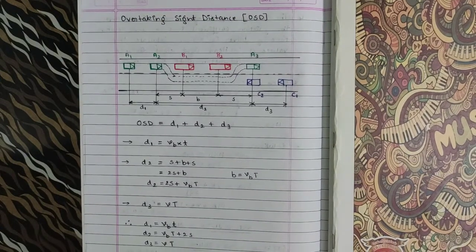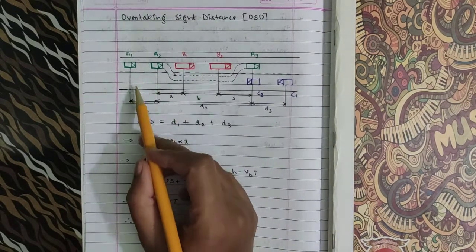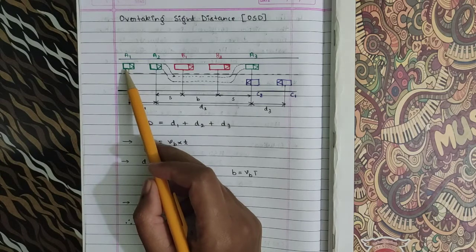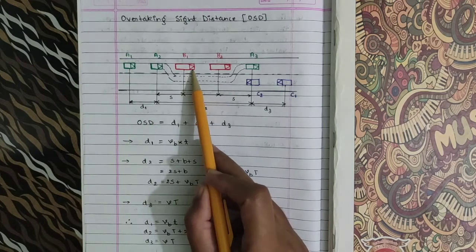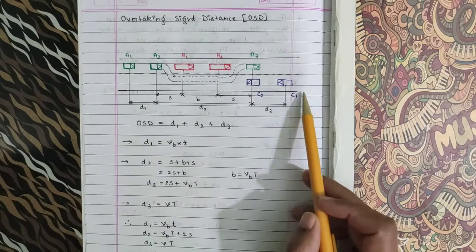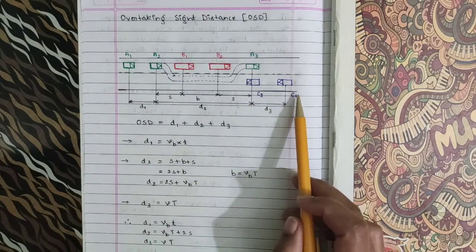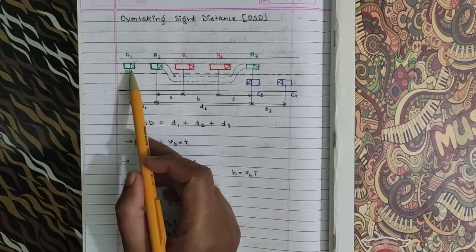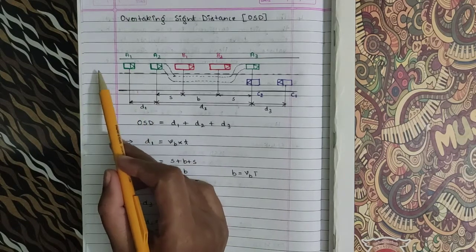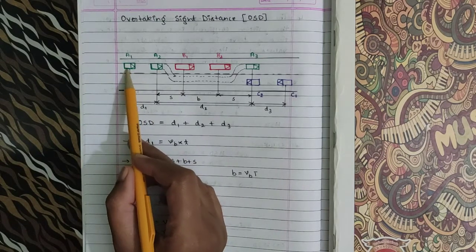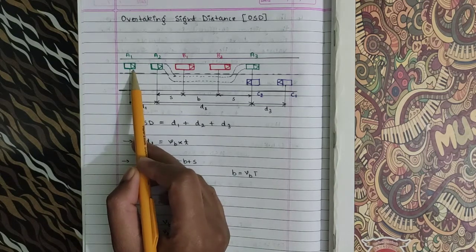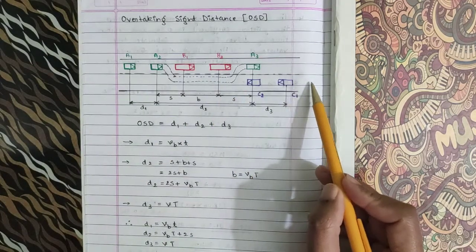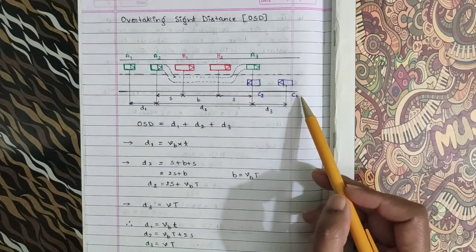Here I have taken an example of two-way, two-lane traffic. Here you have three vehicles. One is the overtaking vehicle, this is the overtaken vehicle, and one more vehicle is approaching in the opposite direction, the oncoming vehicle. Now in this overtaking maneuver, vehicle A will be traveling with some speed, and when it reaches position A1, it reduces its speed to the speed of vehicle B. But vehicle C will be moving at the design speed V.